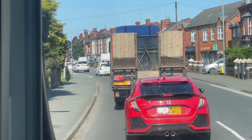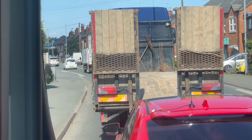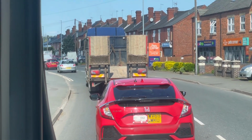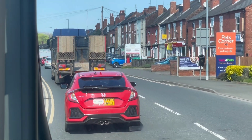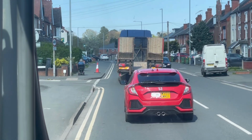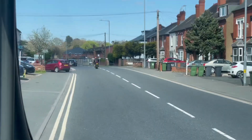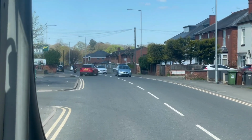So here we are now on the Stourport Road, and we're on our way back to Kidderminster Town. And once we get to Kidderminster Town, we will then terminate at Kidderminster bus station. So once we're at Kidderminster town, we will arrive at the bus station. So coming up is Brinton's Park. So Brinton's Park is coming up right now, and that will be the sign that we are coming towards Kidderminster,